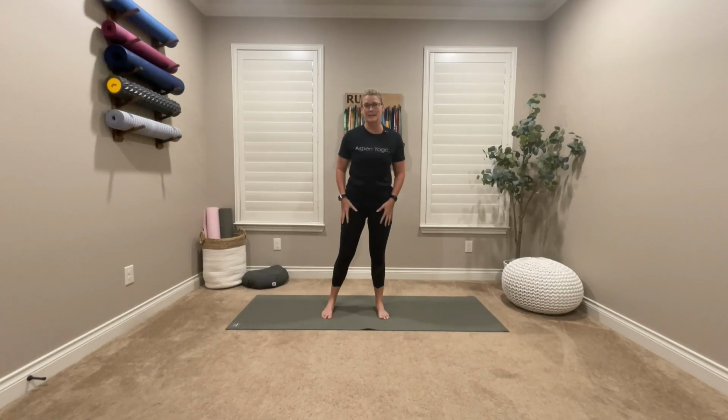Standing throughout this session. So let's go ahead and start in mountain pose. And I want you to take your feet about hip width apart, slight bend or soft knees, palms are forward, shoulders away from your ears. You can gaze forward or go ahead and close your eyes. And I want you to feel yourself grounded into the floor. So think of your big toe, your baby toe, the inside and the outside of your heels planted firmly into